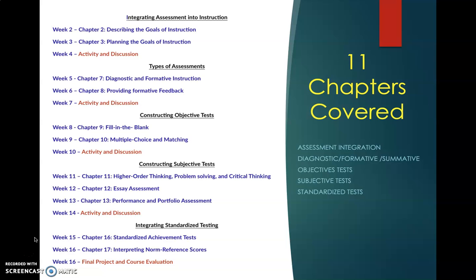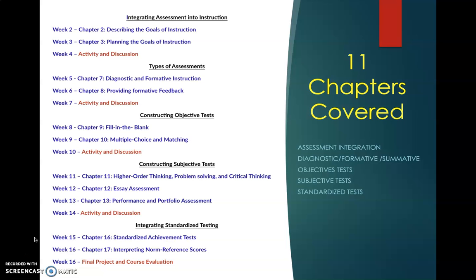We'll look at essay assessments. How do you evaluate a kid's essay from prompts, and then finally performance and portfolio assessments, how you use rubrics and narratives to evaluate those. And then we're in with standardized testing and look at the different standardized, both norm reference and criteria reference tests that are given to our kids in the American public school, and then some statistical analysis so that she kind